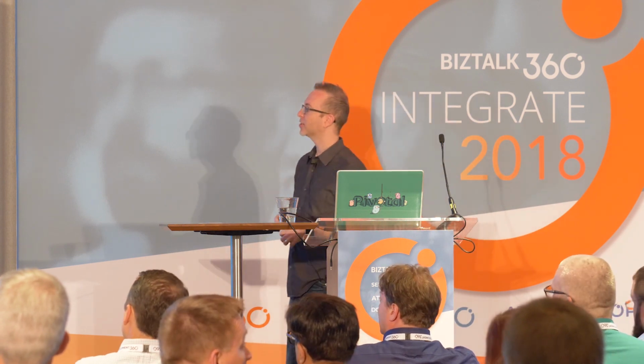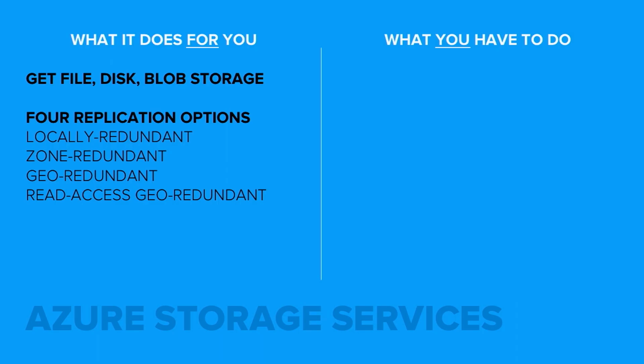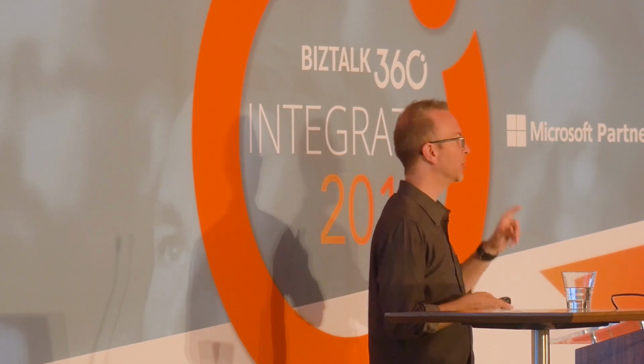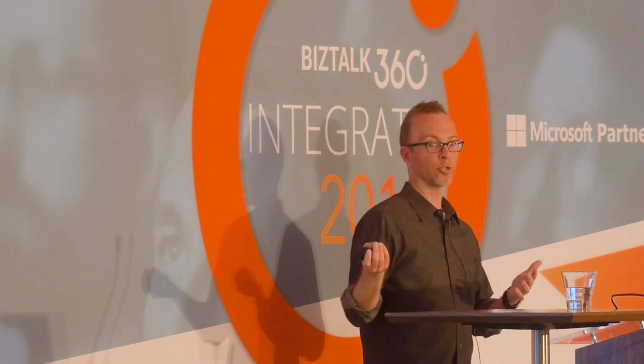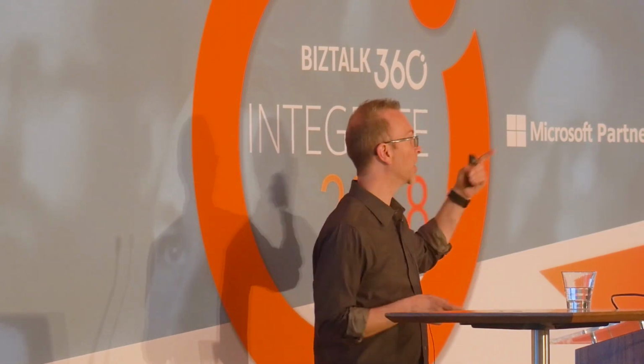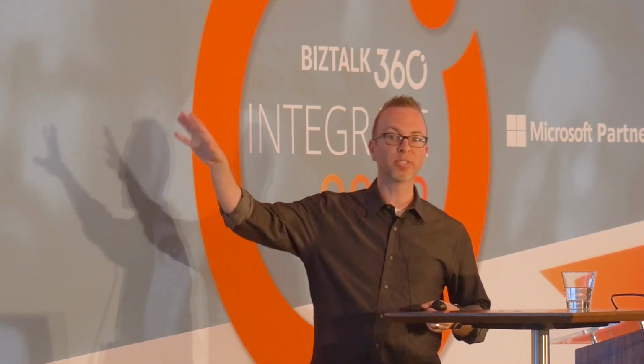So you might want to actually use read access geo-redundant storage. This is the same as the other one, but the secondary one is actually accessible. You can actually have a URL, you can access it, you can use it. It's just a read-only replica of everything in your primary, which is really neat. So this can be in all sorts of different regions, and I have this sort of read replica, which is